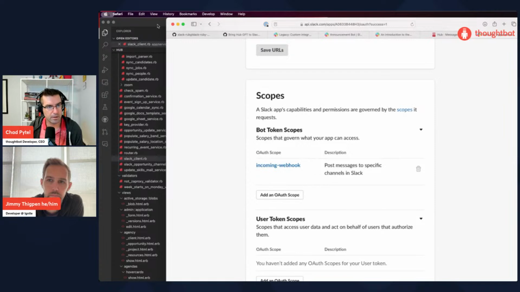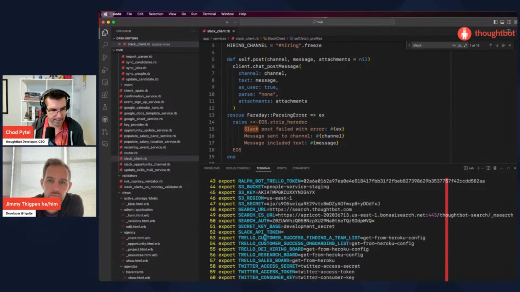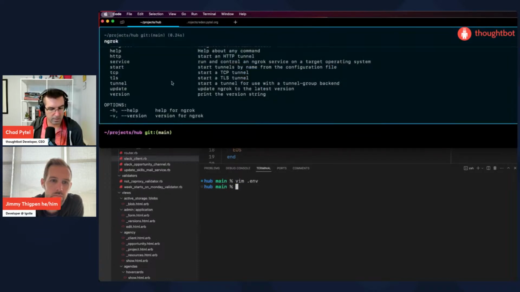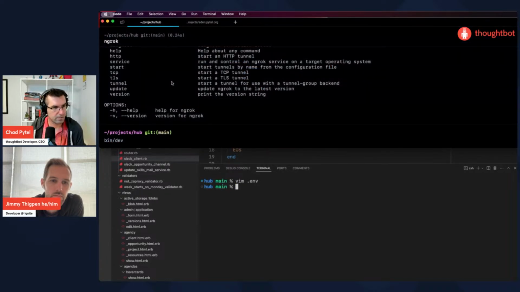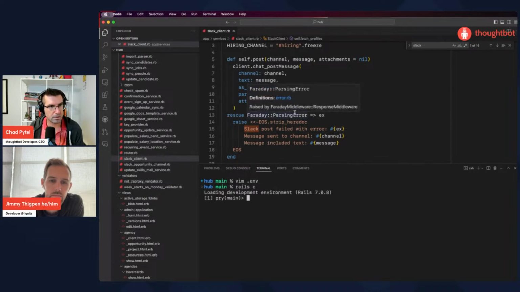Cool. So in theory, we should be able to set that token, actually, and go to Rails console.